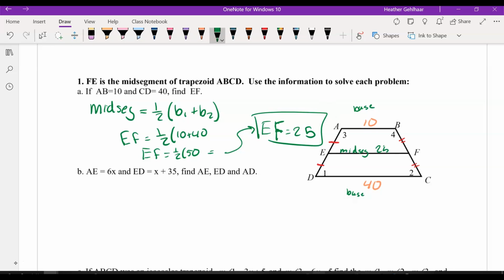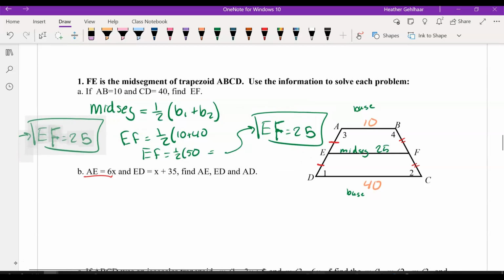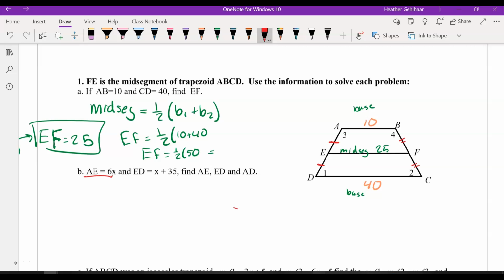Okay, so this length is going to be 25. Okay, so next problem we have here is AE is 6x, so I'm just going to move some stuff over so it's just a little easier to see. I'm going to move that over here. So AE is 6x, ED is x plus 35, and remember, because this E is the midpoint, we can do 6x equals x plus 35